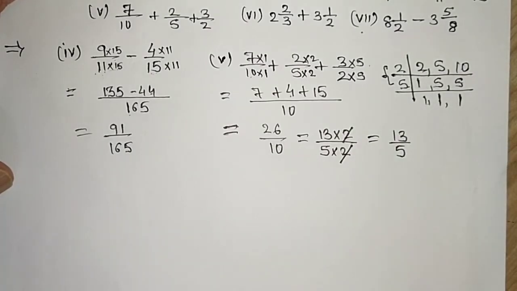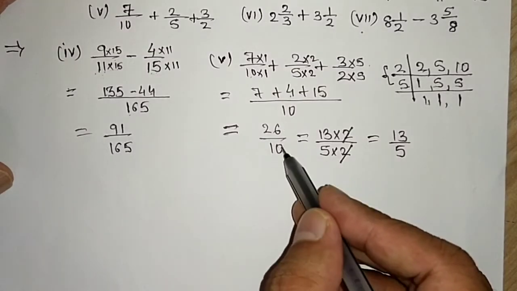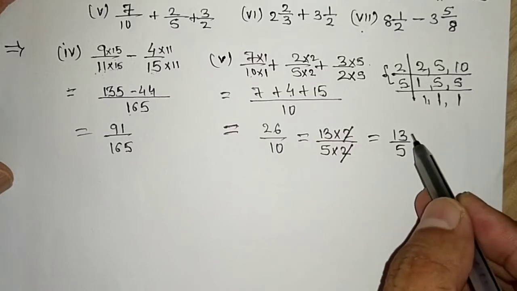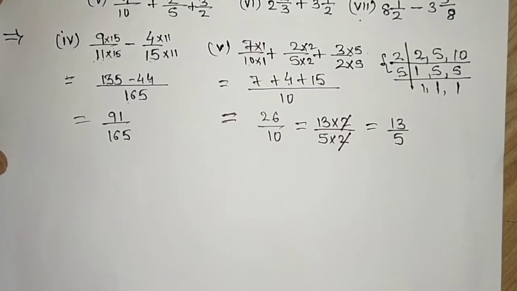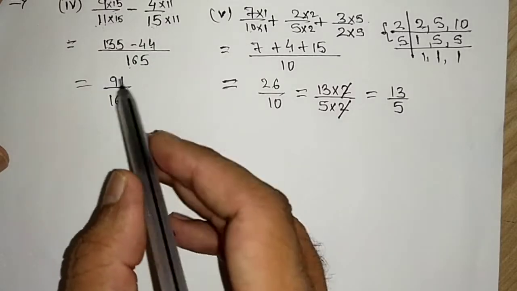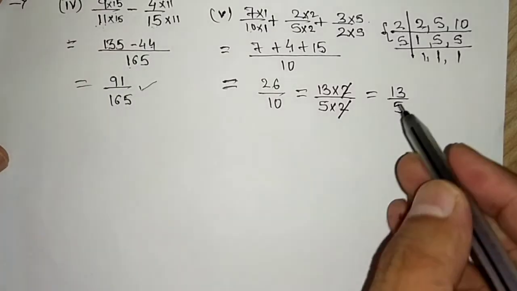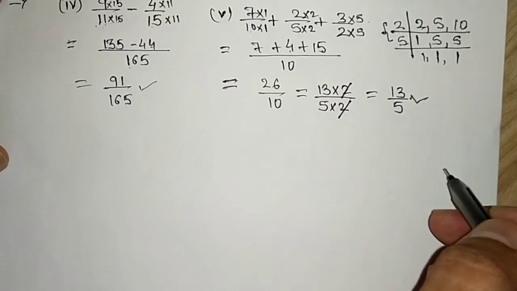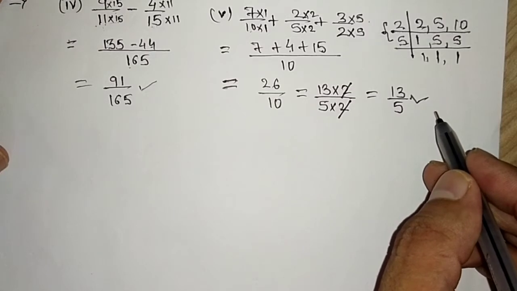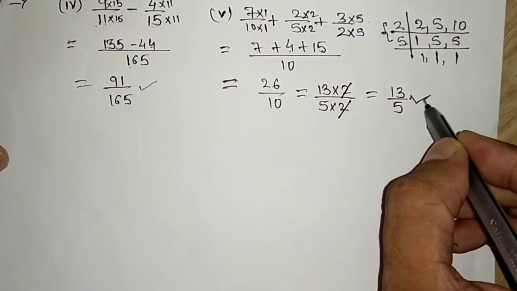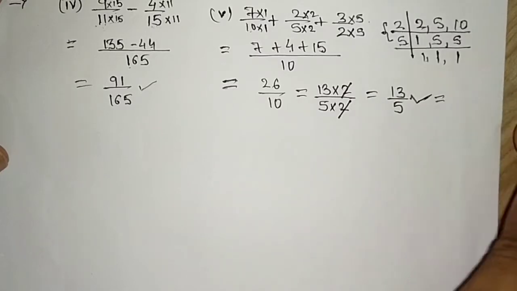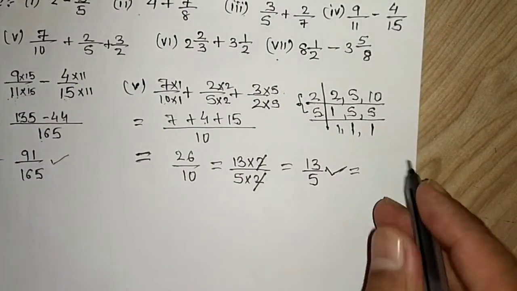Don't forget students, if it is cancelling out some numbers, you must cancel out, then only you will write the number. Again, the answer which was in fourth was a proper fraction, but here it is an improper fraction. And whenever there is an improper fraction, you will convert it into a mixed fraction. As I have told, you will convert it into a mixed fraction. And converting to a mixed fraction, how do we convert?